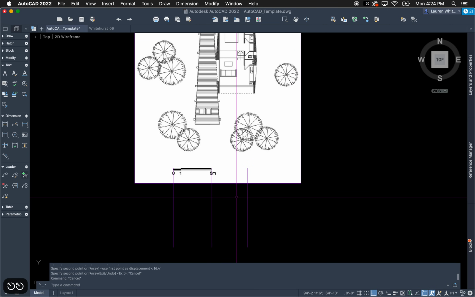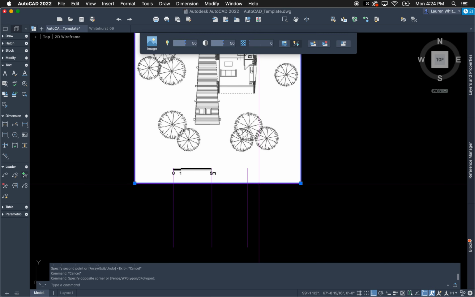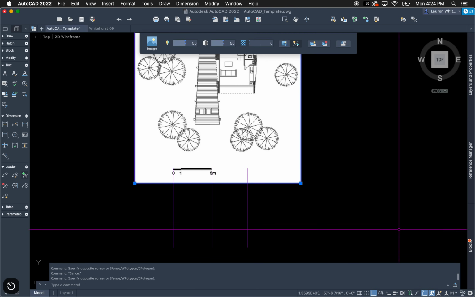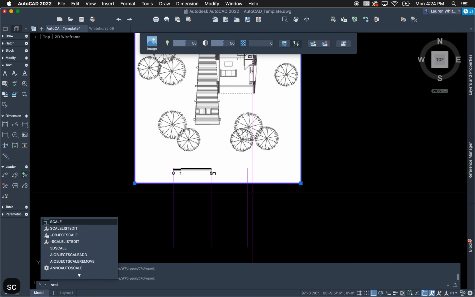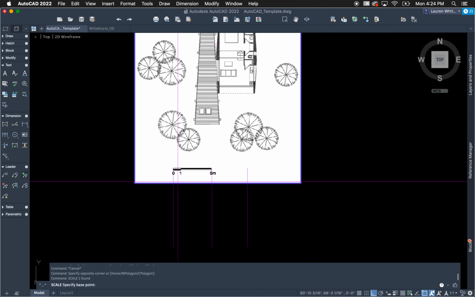So now, to scale this image, I just need to scale with a reference point. I want to make this distance that distance. So I select the image by clicking on it. If I window up, I select the image. I type scale. Notice that as I start to type a command, the window suggests things for me. So I'm going to type scale, hit enter, and then I'm going to click once, and then hit R, enter,